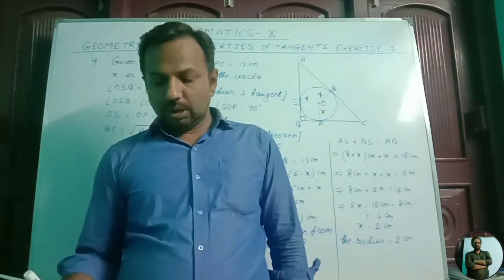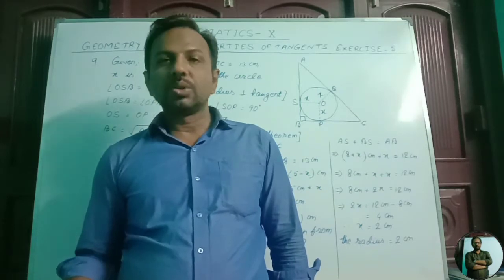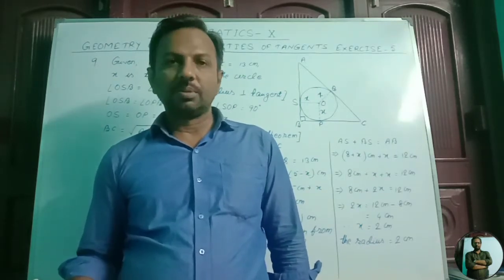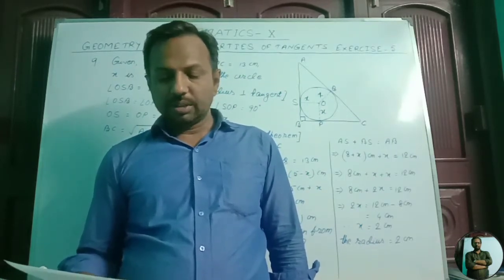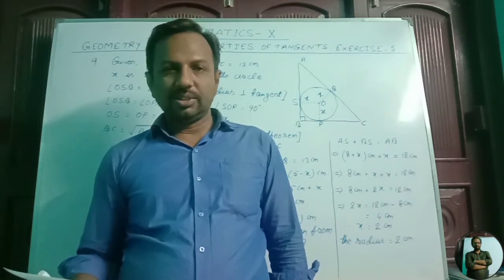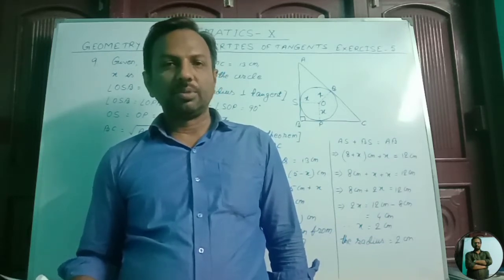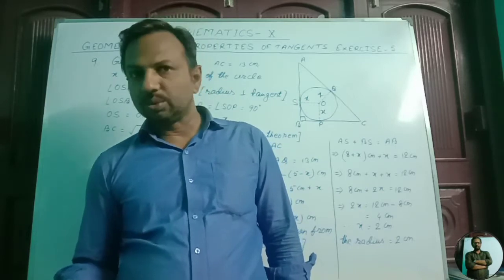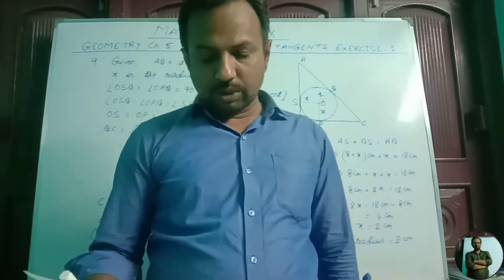Question number 4 and 7. Few questions of 7 I have solved. Question number 4 I have solved completely. Between these, we have question number 5 and 6. Those are asked to prove. And proofs are not in our syllabus. So I have cut those two questions. Now we come to question number 9.